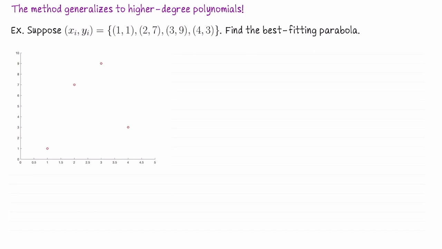Here we have 4 data points, and just based on the 4 that we have, they look kind of like a parabola. So let's set up the least squares calculation in order to find the coefficients for the best fitting quadratic polynomial. Just like before, we're going to order the coefficients in ascending powers of x. So what we want is m1, m2, and m3. So I'll say we want a vector m whose coordinates are m1, m2, and m3,